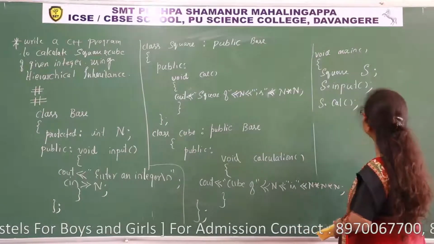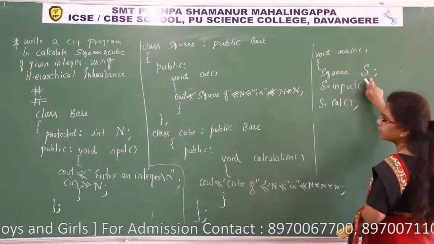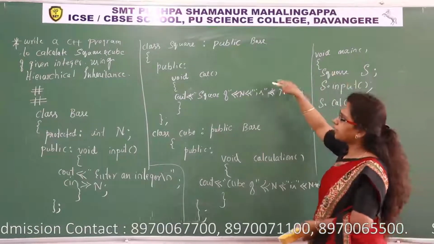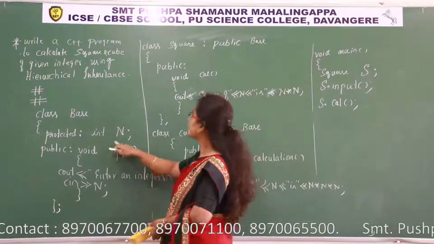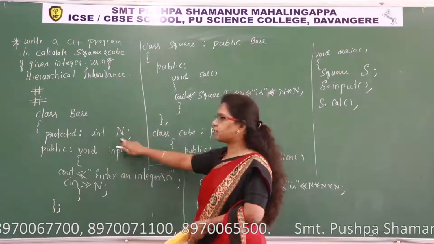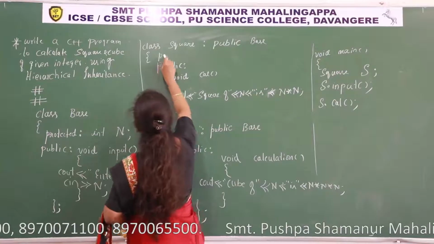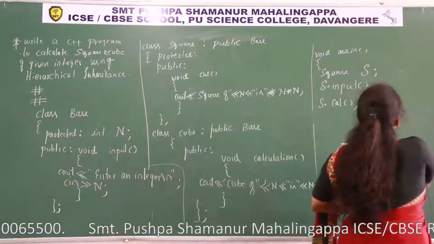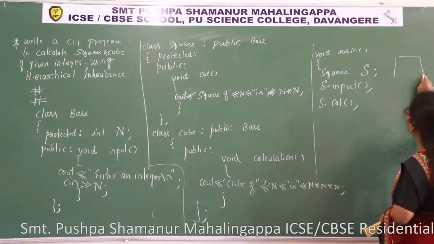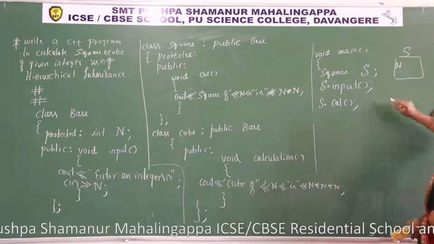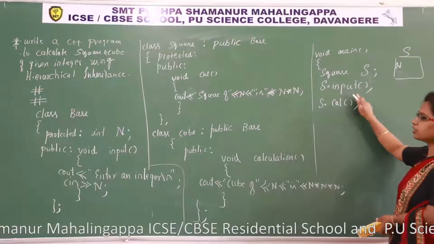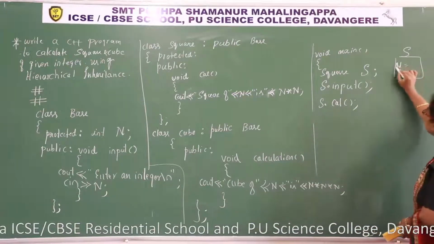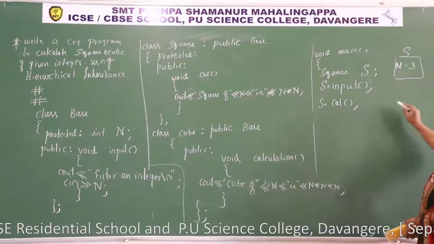See what happens when you create object, there would be memory allocation for the data member, but the square class doesn't contain its own data member. What are the data members inherited to derived class? This data member, that is n. N is inherited to protected section of derived class. So when you create object yes, the data member n will be allocated. Using this function, we shall read value, enter an integer, that value goes to n. If I take 3, the 3 will be stored in n.